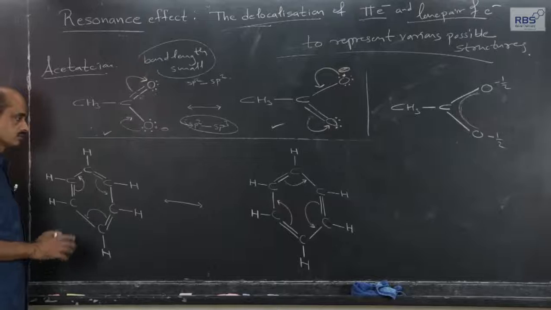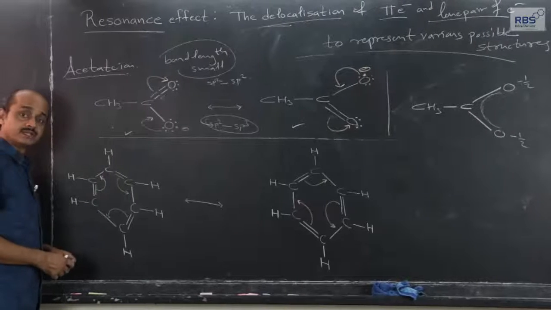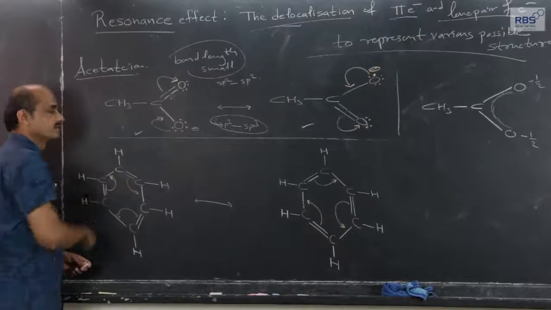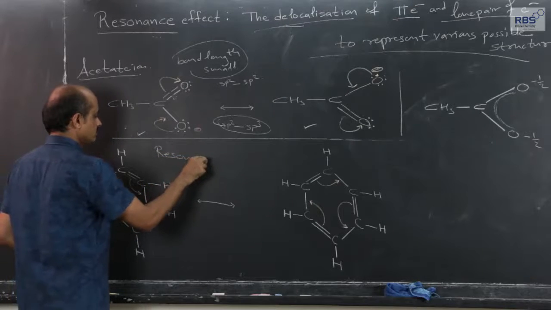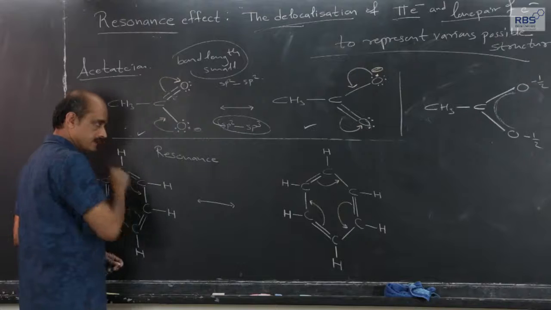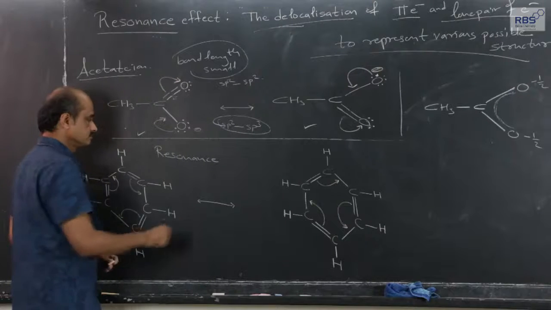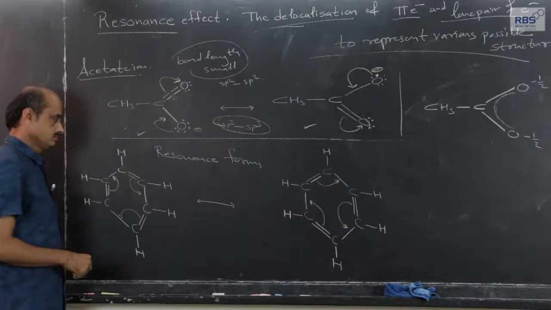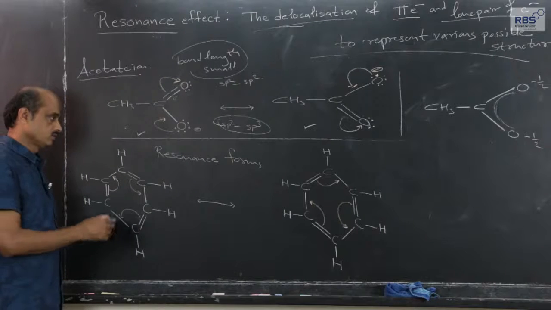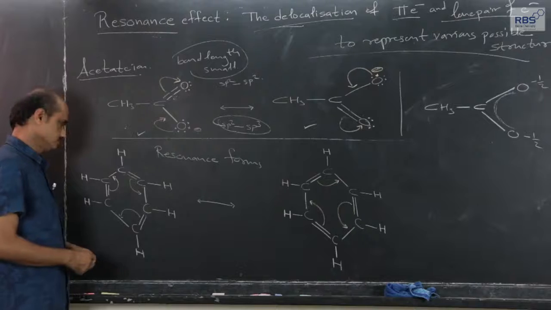So, benzene on paper or on board can be represented in two forms. These two forms are called resonance forms, two resonating structures,